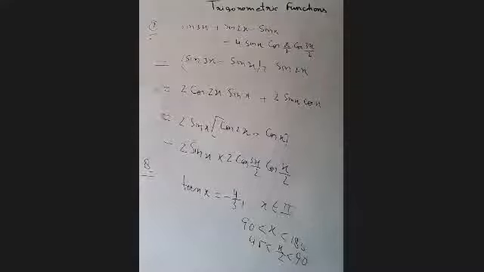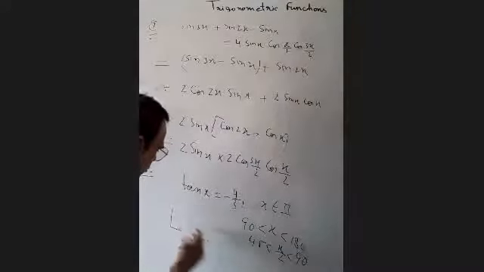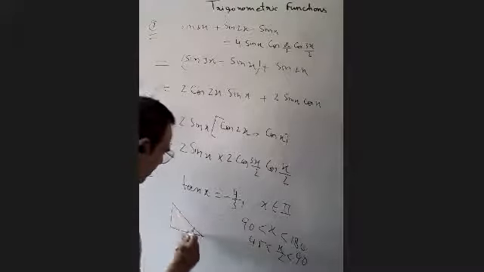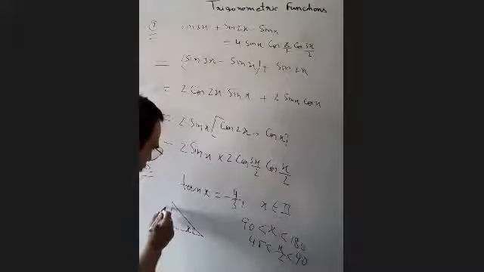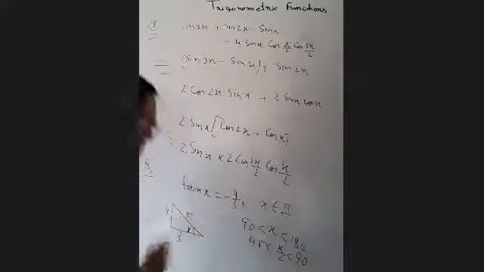ठीक है. अब tan x is equal to 4 upon 3. By using the Pythagoras, we can find the hypotenuse. 4 upon 3 का this will be 5. You know very well. ठीक है. So we have used the trigonometry, and we get the value of all trigonometric ratios as we have done in the first exercise.